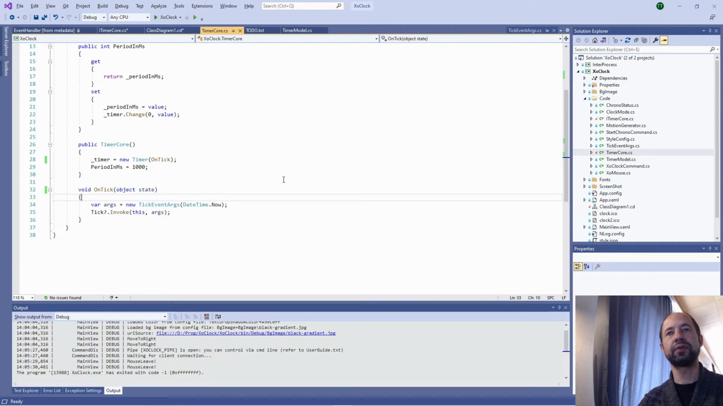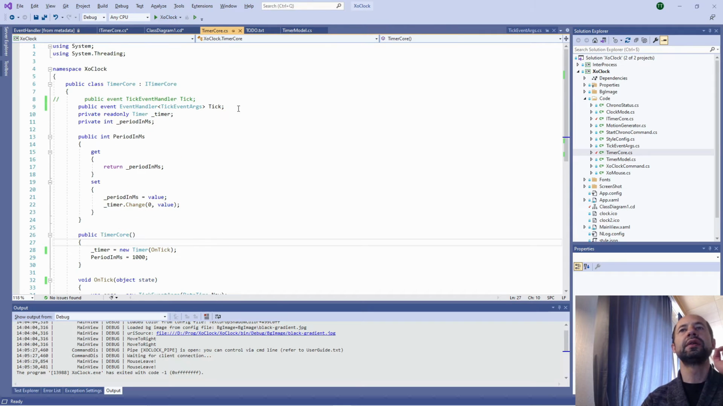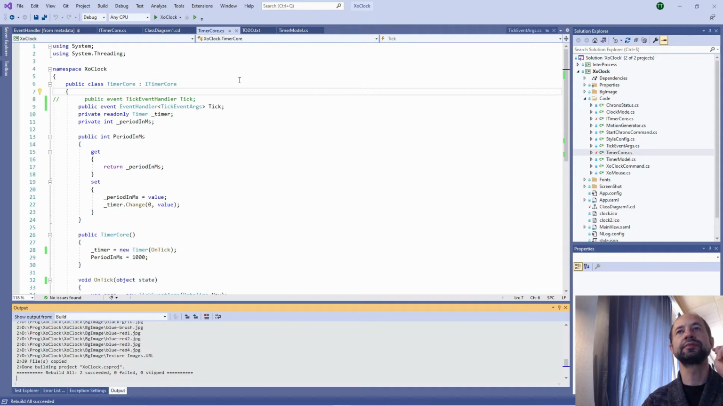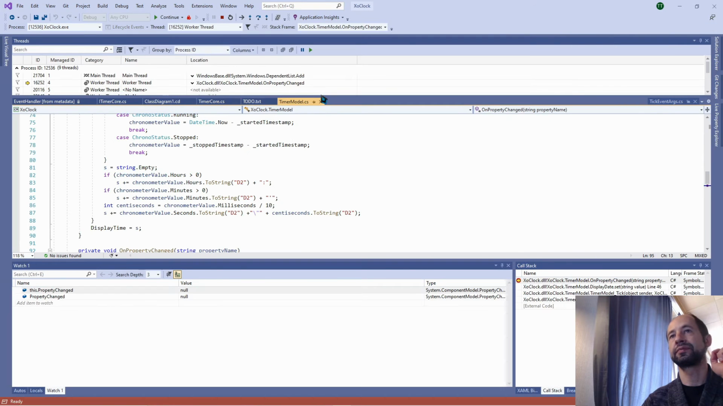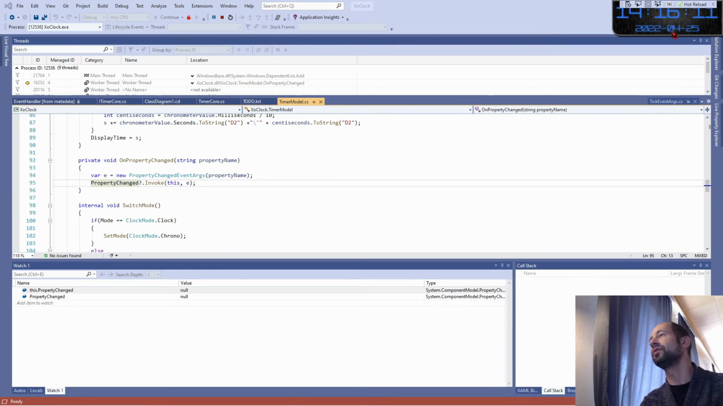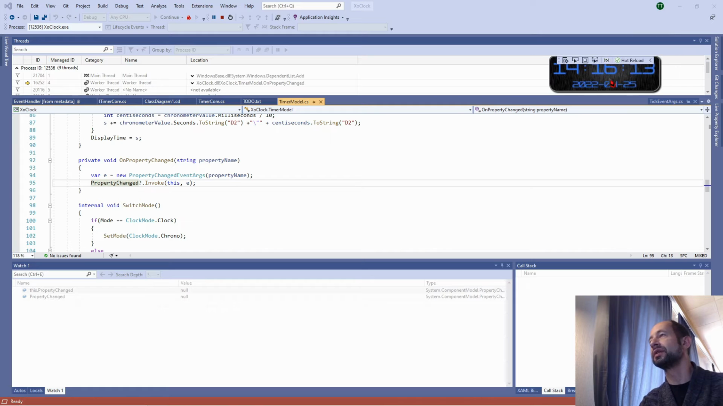Yes, so this is the way the event pattern should be defined. I can just build, rebuild, and rerun like this. I can remove my breakpoint. Okay, we see it is still working. So